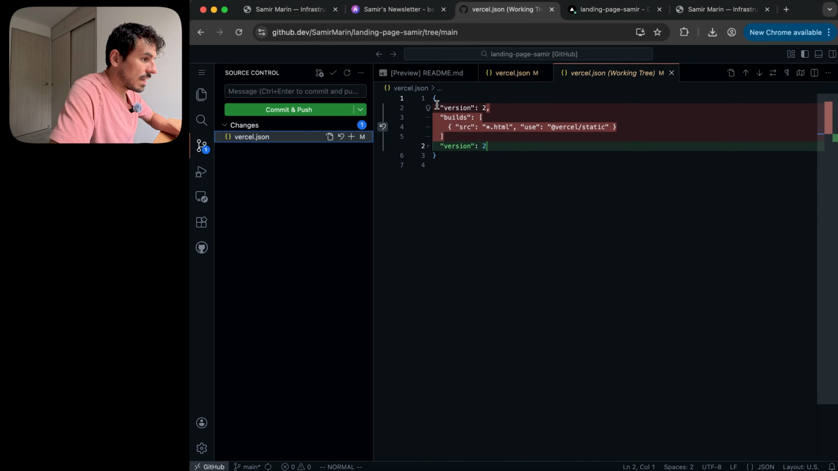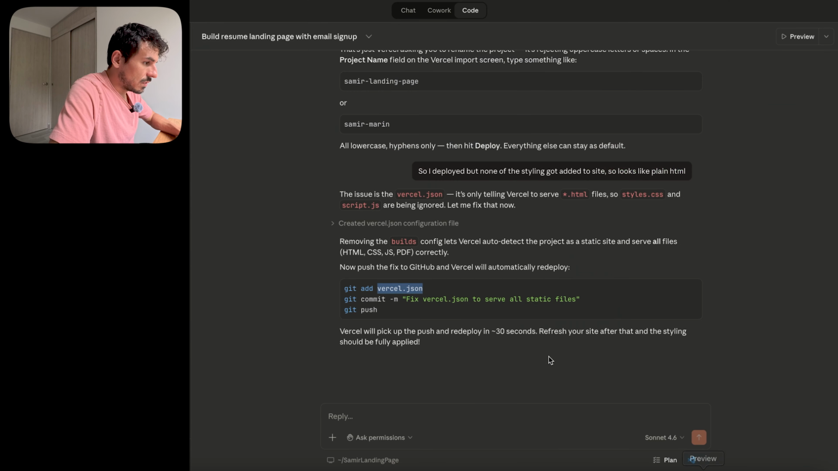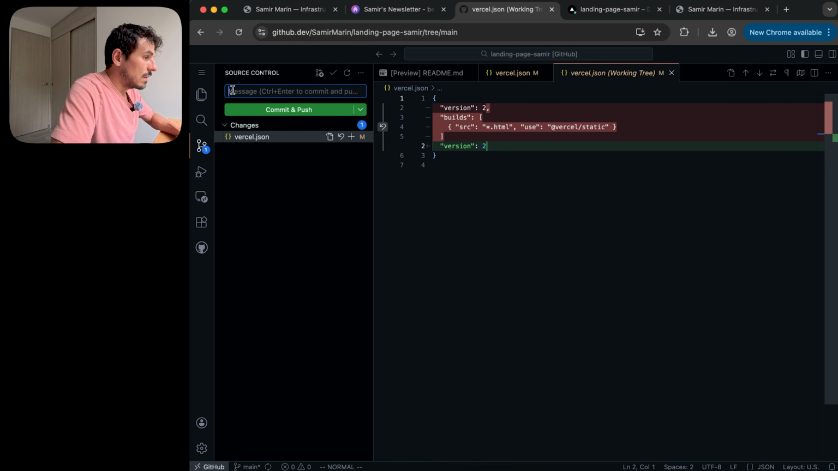So you can see that what Claude Code did was it just removed this builds part. By clicking here, it tells you the changes. So let's try that out. Let's just see what Claude Code said. Vercel will pick up the push and redeploy in 30 seconds. So it should pick it up automatically as soon as we change it. So we just say update Vercel JSON, save it,